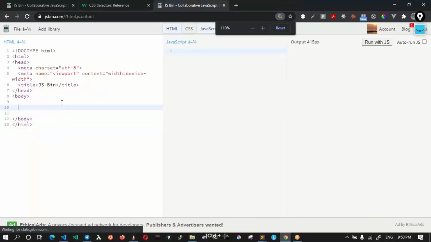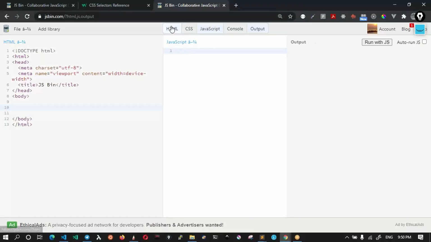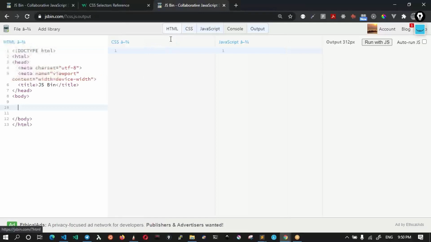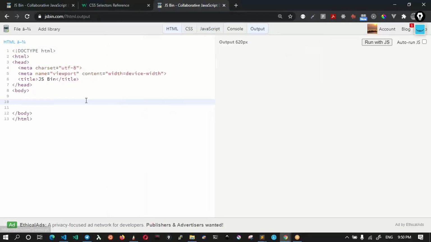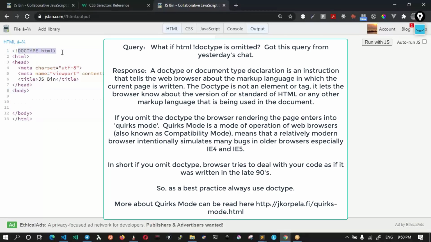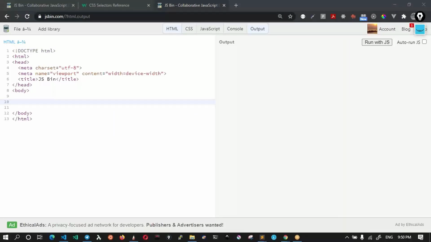Now let me come back to a very simple example here. I am hoping that everyone understands this simple HTML structure. It's an empty HTML structure. There's a doctype, and I actually shared the importance of doctype in the Telegram group chat. Please take a look and read about quirks mode and other details. Please do the reading as well, so that will give you additional information on the topic that we are covering.